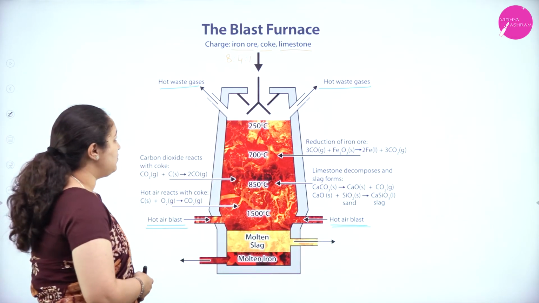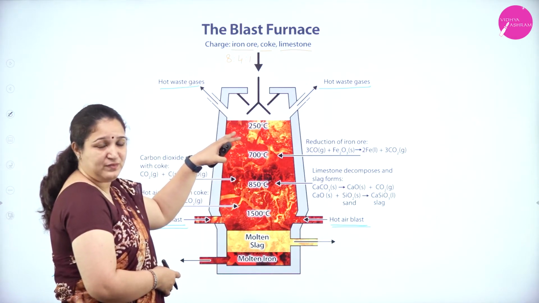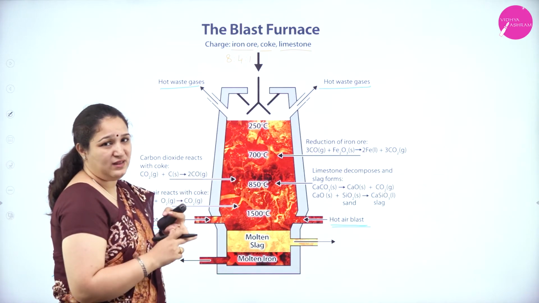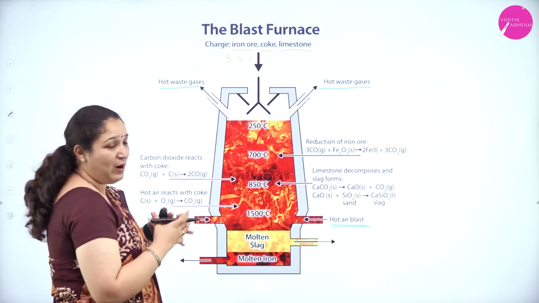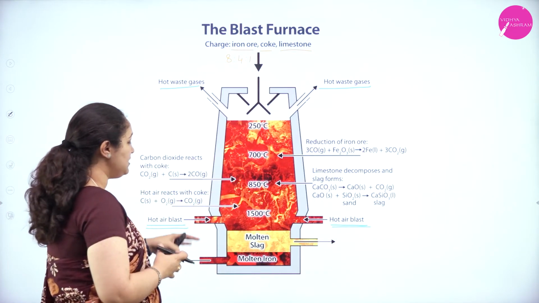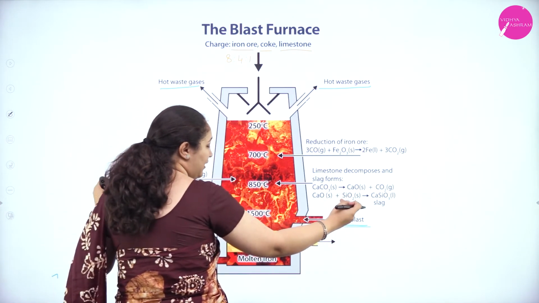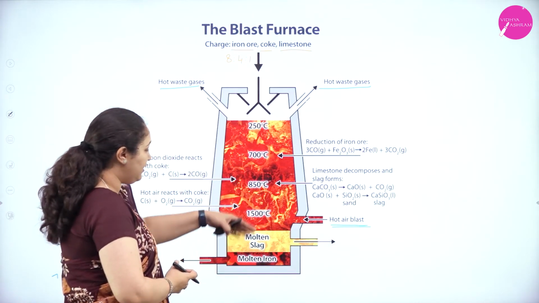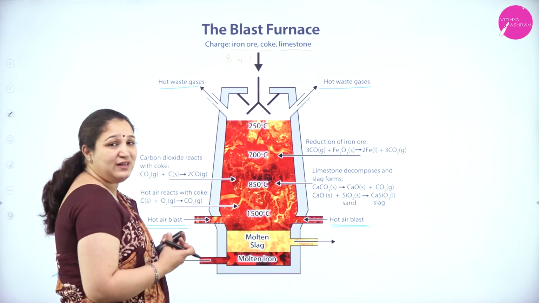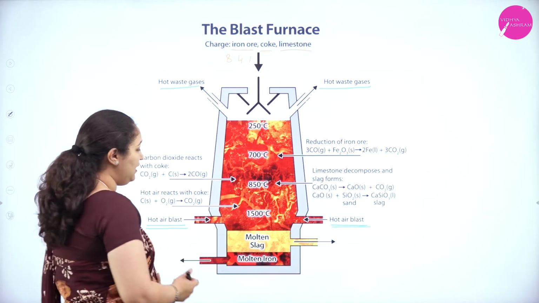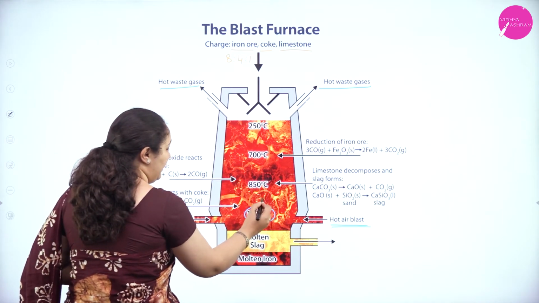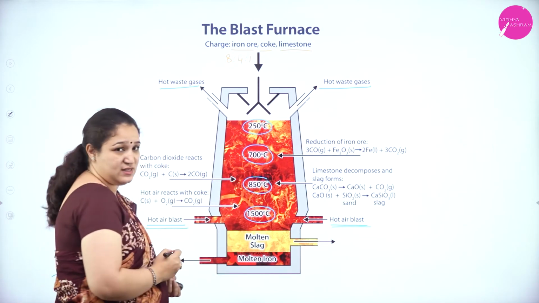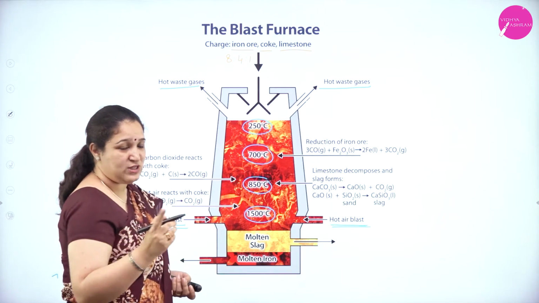So what we do is we charge here, okay, the charge has what? Coke, limestone and the calcinized ore. We powder it and put it into this, and we have to pass hot air. It should be blasted, meaning with full force it has to enter the blast furnace. So with hot air, you can see the temperature below is very high. As we go above, the temperature keeps decreasing. Why it is decreasing I shall also explain.